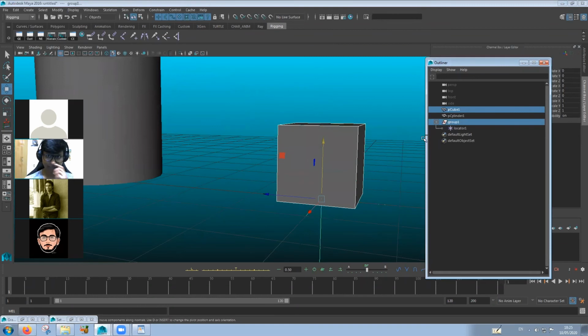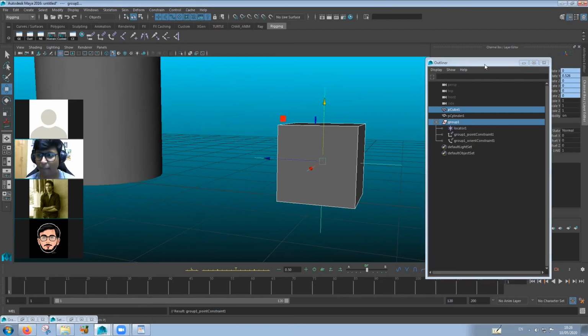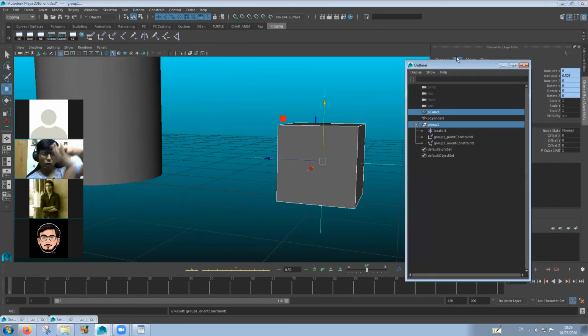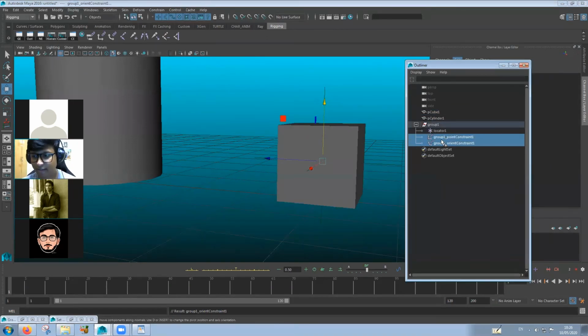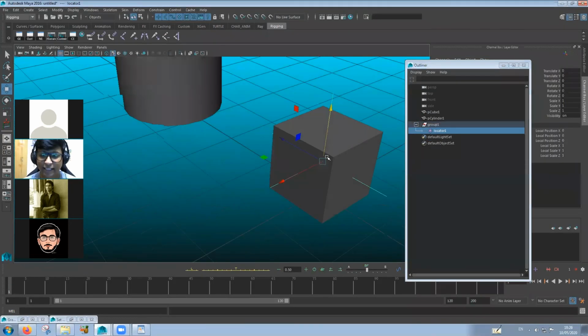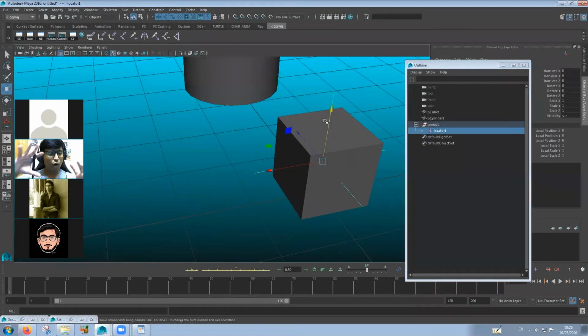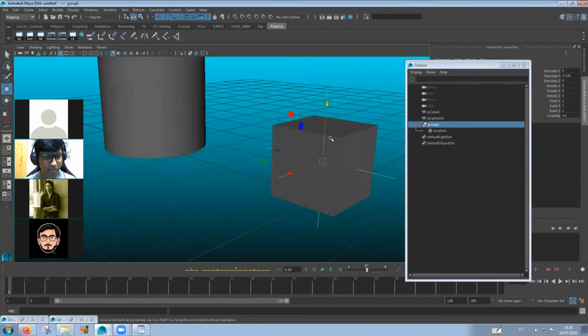All right. And then do this thing to snap it. Do point constraint and orient constraint. What will happen is the locators group will go and snap to the object. And then you can delete the locator, delete the constraints. That's fine. Now you see that wherever in the world your object is, your locators group has taken the exact value of your object.